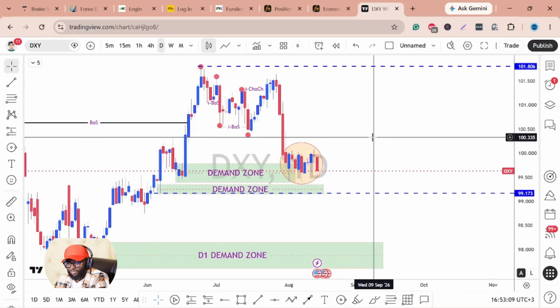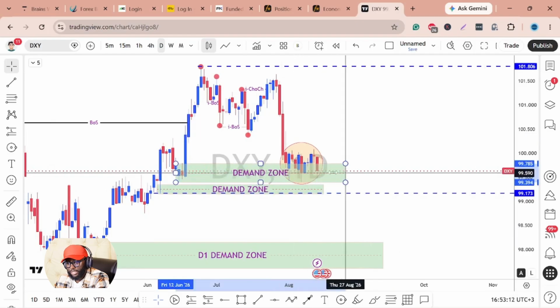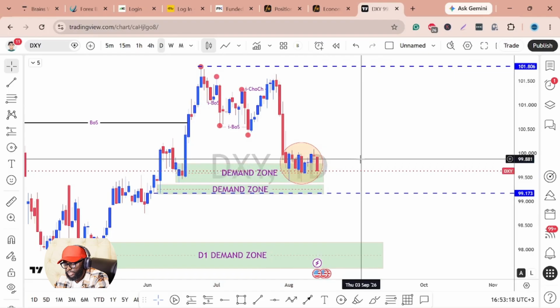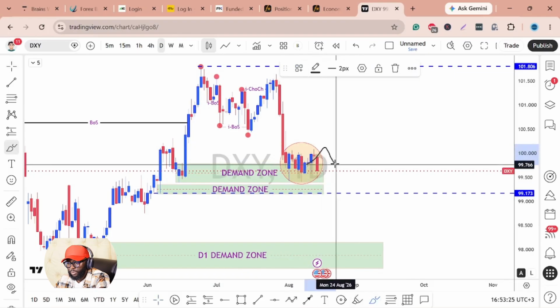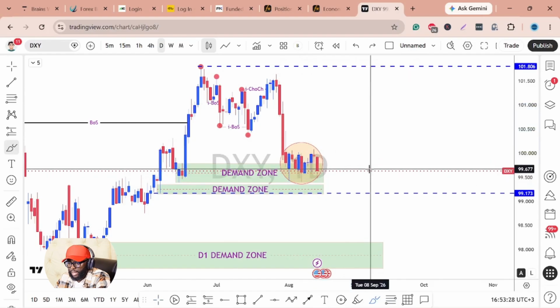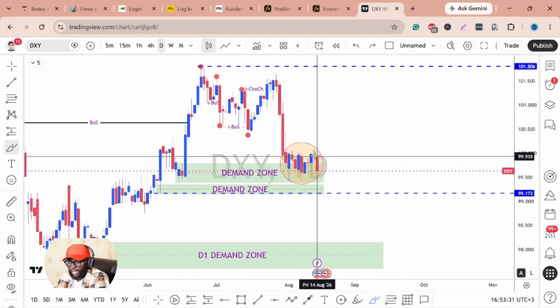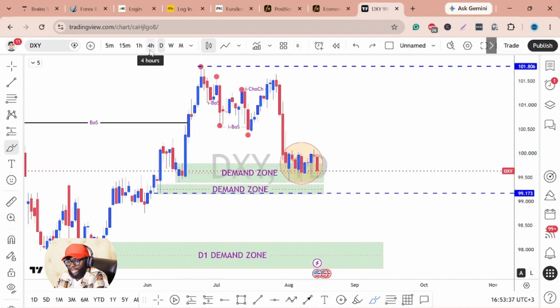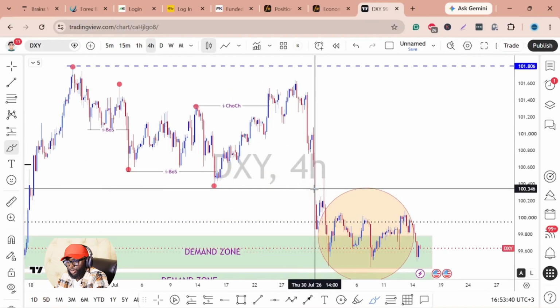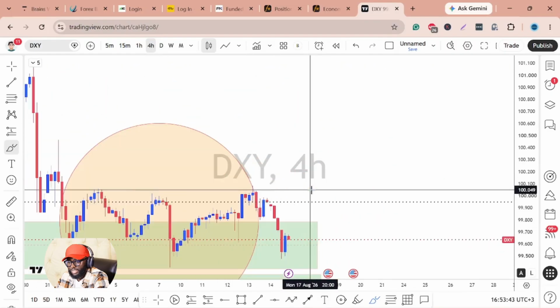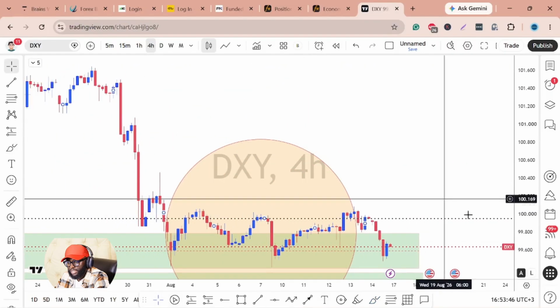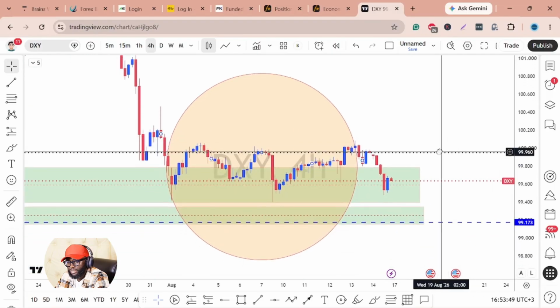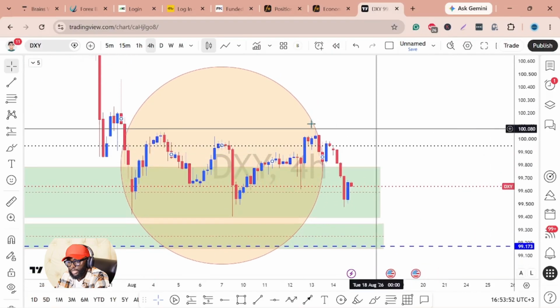Now, looking at what we have from the daily chart, the price has already been reacting on this daily demand zone. My expectation was that during the last week, the just concluded week of CPI, we would see price pushing off from this level. But funny enough, that did not happen. Furthermore, we had a more bearish price action based on what we were seeing in technicals on the dollar index. But again, when you go to the lower time frame, or even the 4-hour time frame context, we see that the dollar still has not broken any key levels that can really show the intention right now.